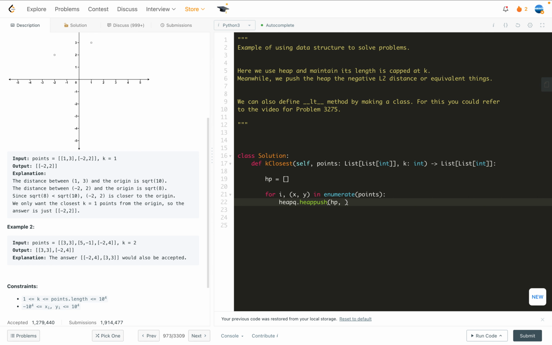Then what we are going to push is negative x square plus y square. Notice that this is not the L2 distance, but its square, but we can achieve the same effect. Here I also want to include the point, so that once I finish the traversal, I can directly return the point component of the heap. Then we do: if i is greater than or equal to k,